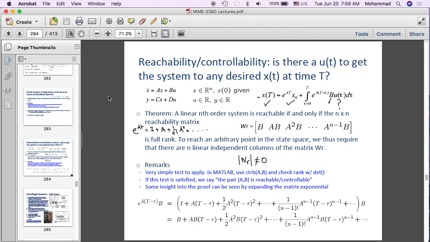Okay, good morning. Let me start by reminding us of the last topic we discussed last time. After introducing the concept of state feedback, where instead of simply looking at the output of the